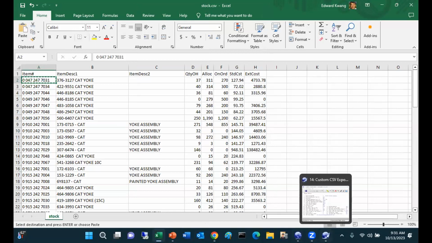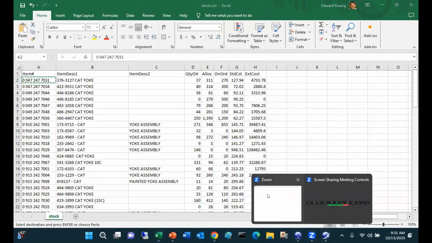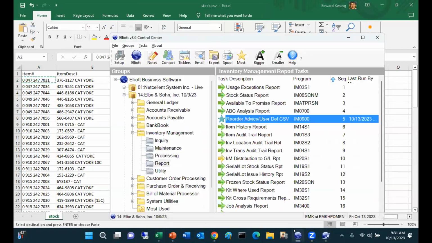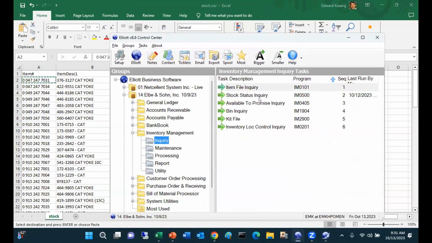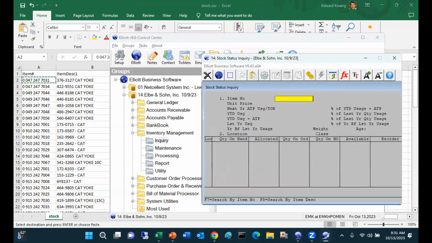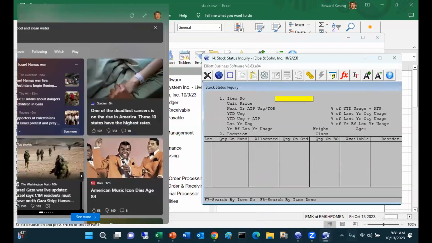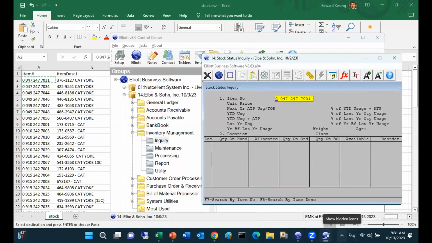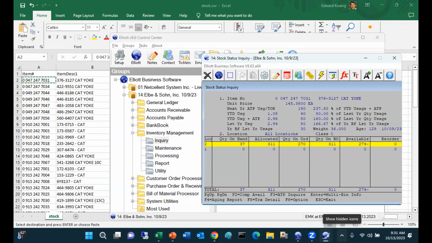I'm going to go to inquiry, stock sellers inquiry, and how do I stop that? Oh, it has two locations. Of course, it doesn't matter right now because the allocation is 0, right? So